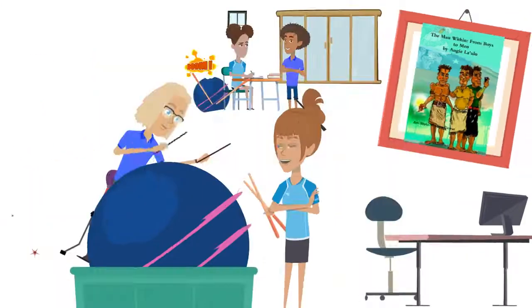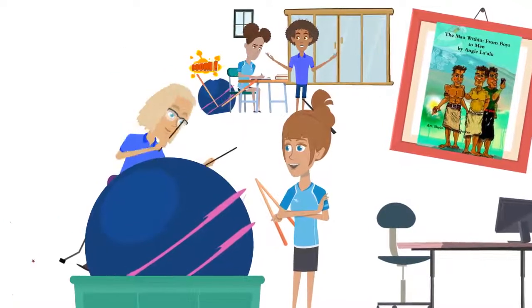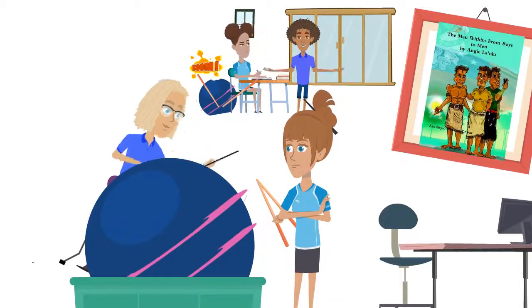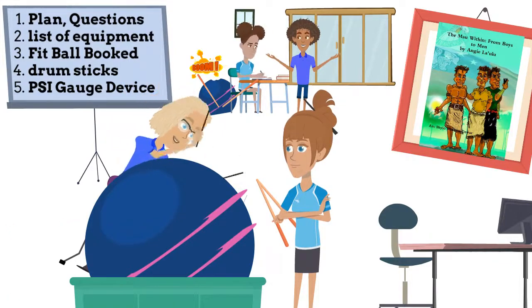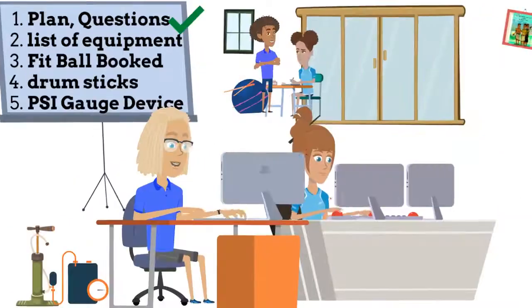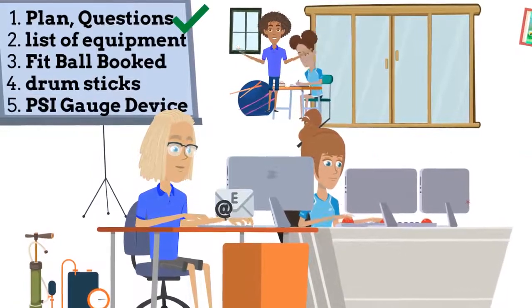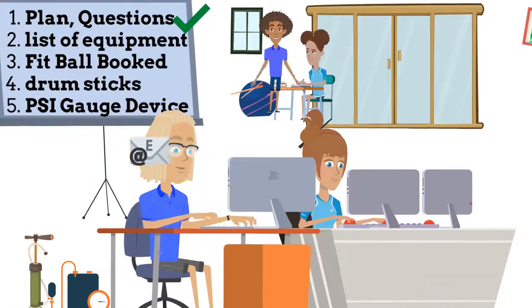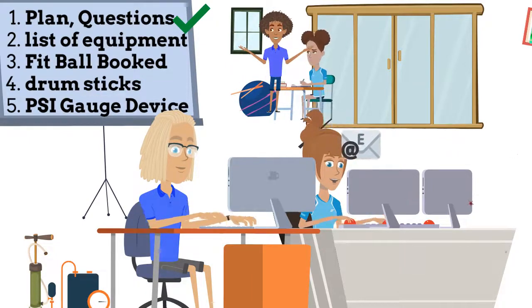Okay, Mark, we will need the football and a pair of drumsticks. Oh, and we'll have to make sure it's fully inflated. Yeah, we need to accurately gauge the PSI, the pounds per square inch. That way we can ensure the amount of air pressure in our experiment is fair, and with fewer variables. Okay, Sally, I'm sending you an email with the plan that we wrote down when we were brainstorming. And sent. Oh, thank you, Marky. This is going to be a great investigation.